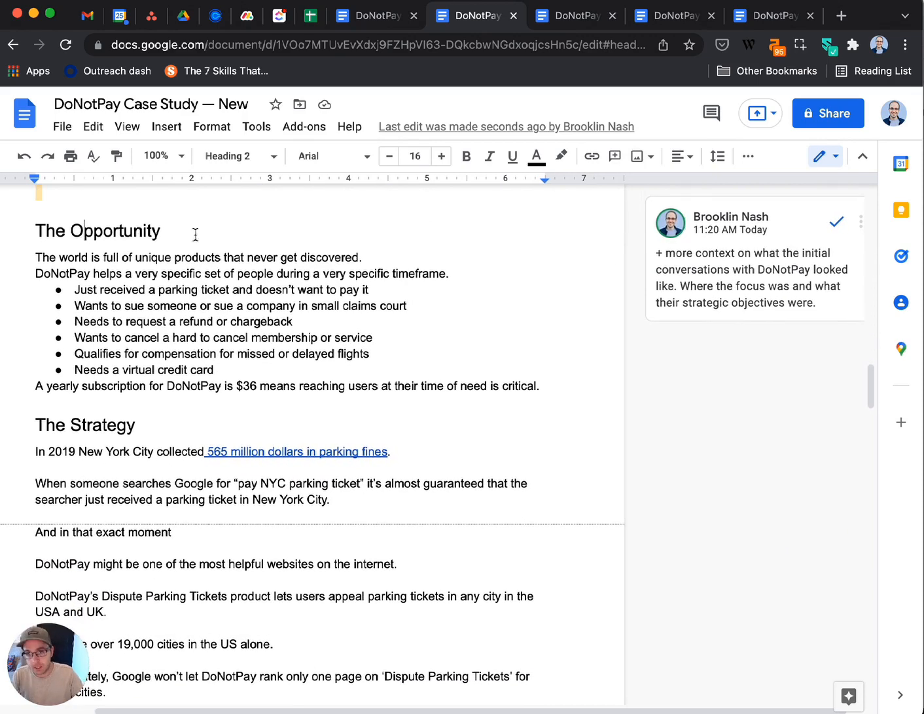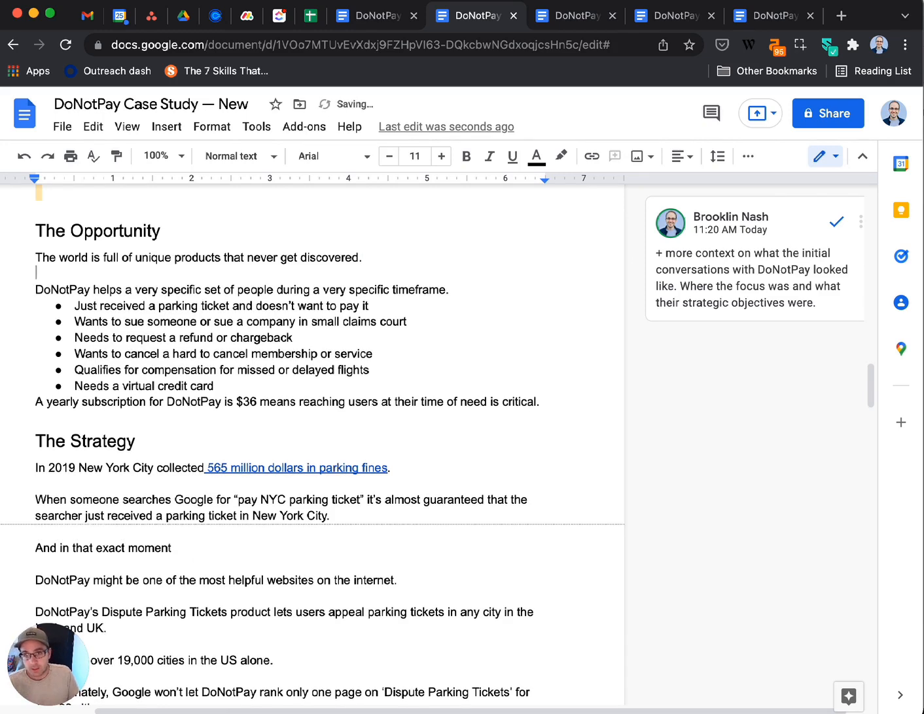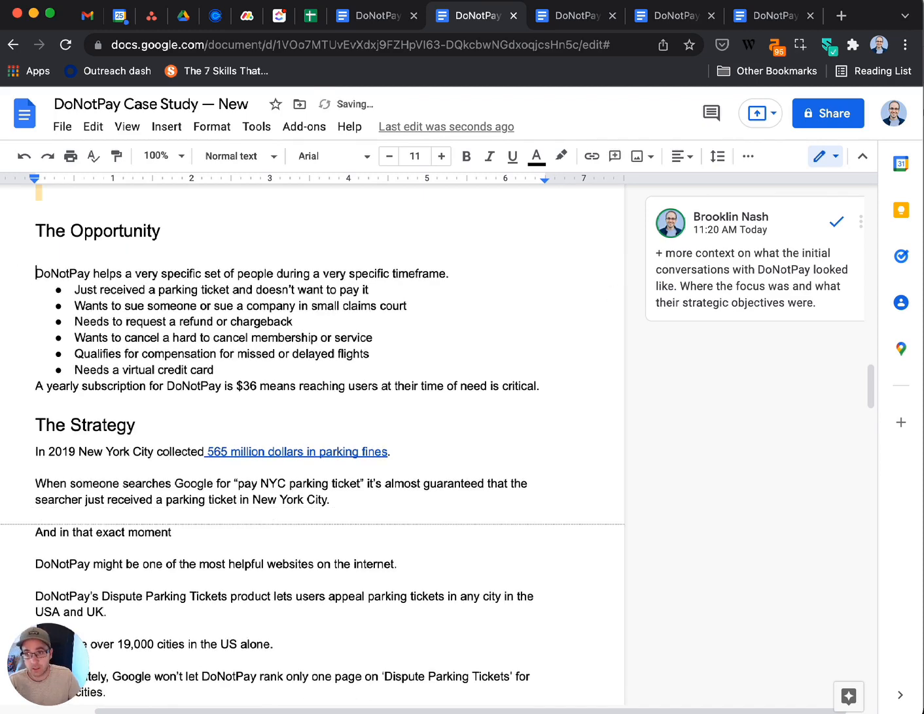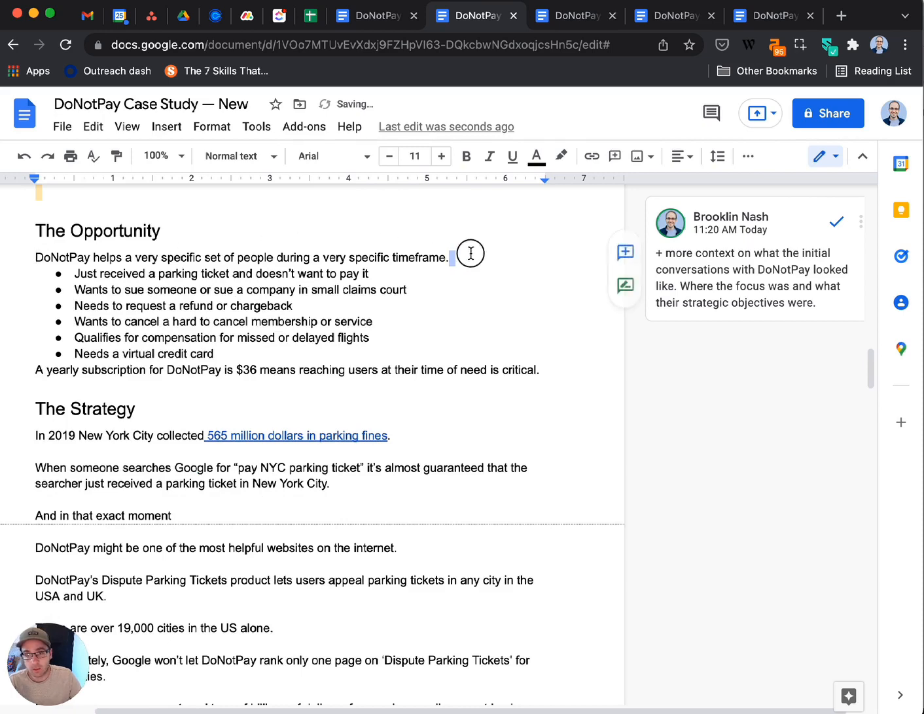And then we get into the specifics of what the actual opportunity in the project looked like. So we've got, the world is full of unique products that never get discovered. Do Not Pay helps a very specific set of people during a very specific time frame. I think that first line is unnecessary. Really jump right into